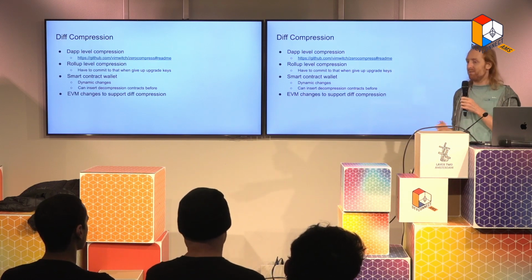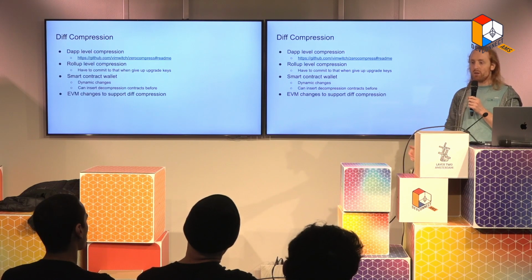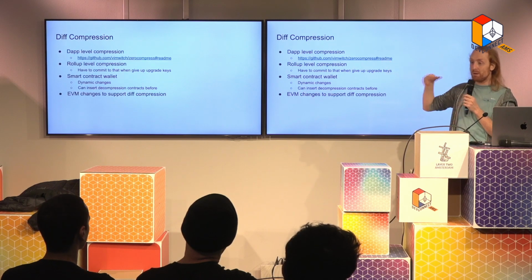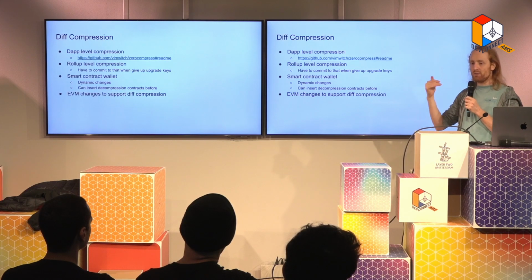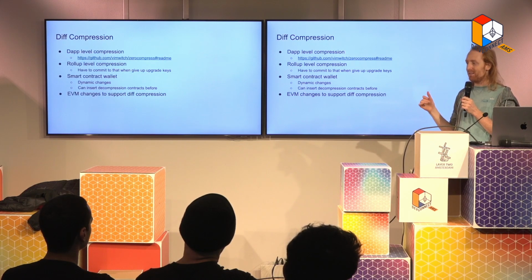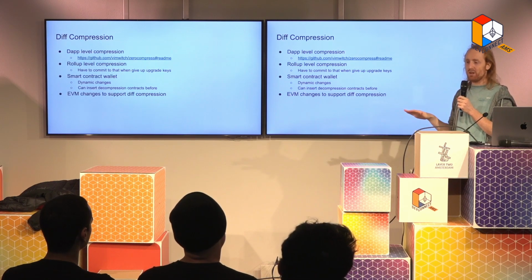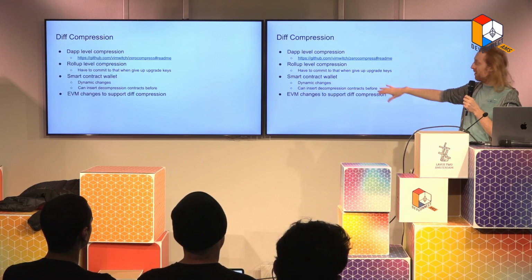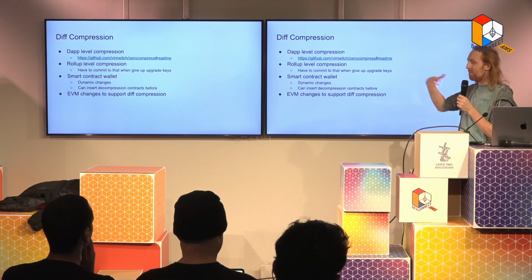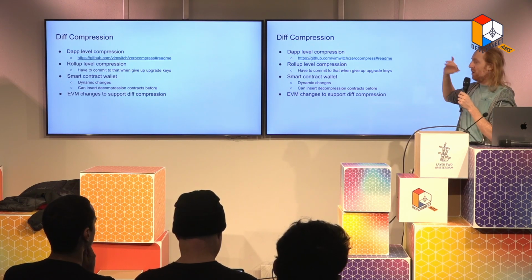One example is here where it just takes out all the zeros. It compresses all the zeros in Ethereum call data, which actually helps a lot. This kind of approach has been applied on Optimism, and I think it's been applied on Arbitrum as well, where Optimism uses a compression algorithm that does zlib kind of, I can't remember what it is, but some kind of off the shelf compression, and this is rollup level compression. But my opinion is that we can compress more if we do dynamic compression.